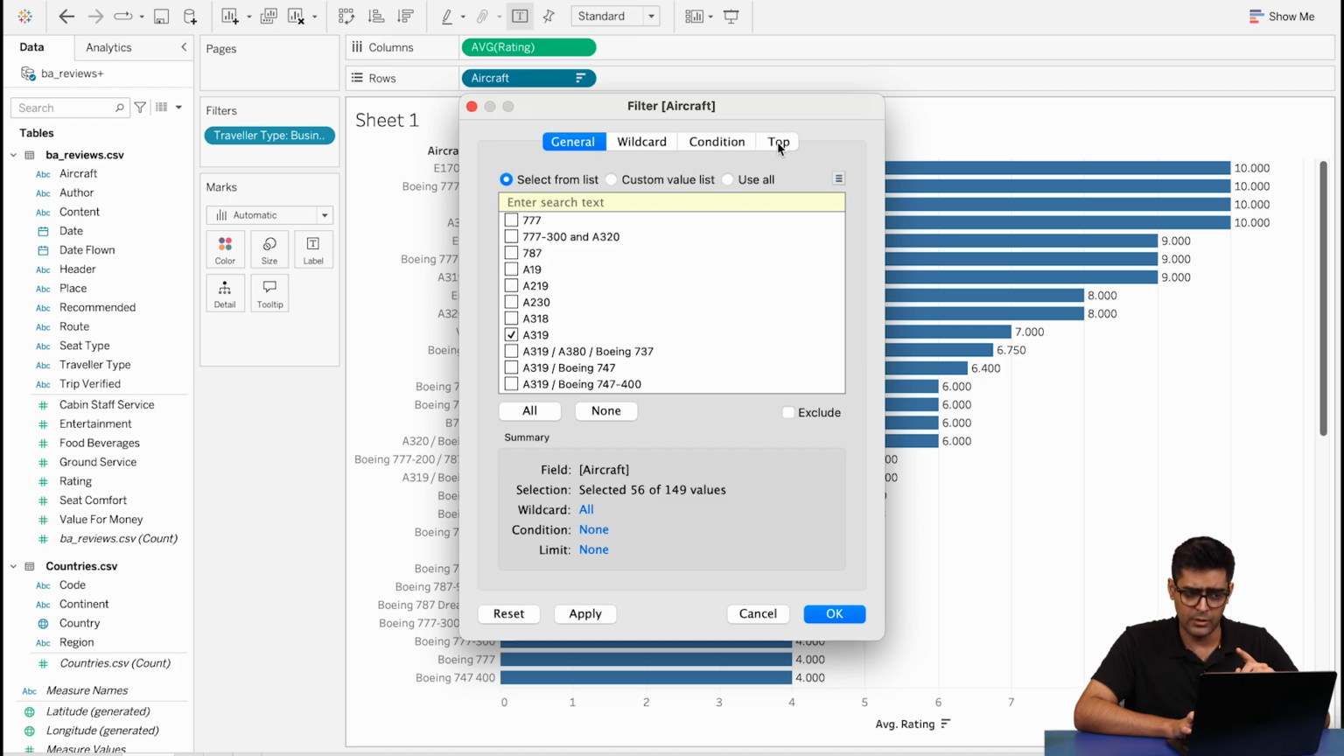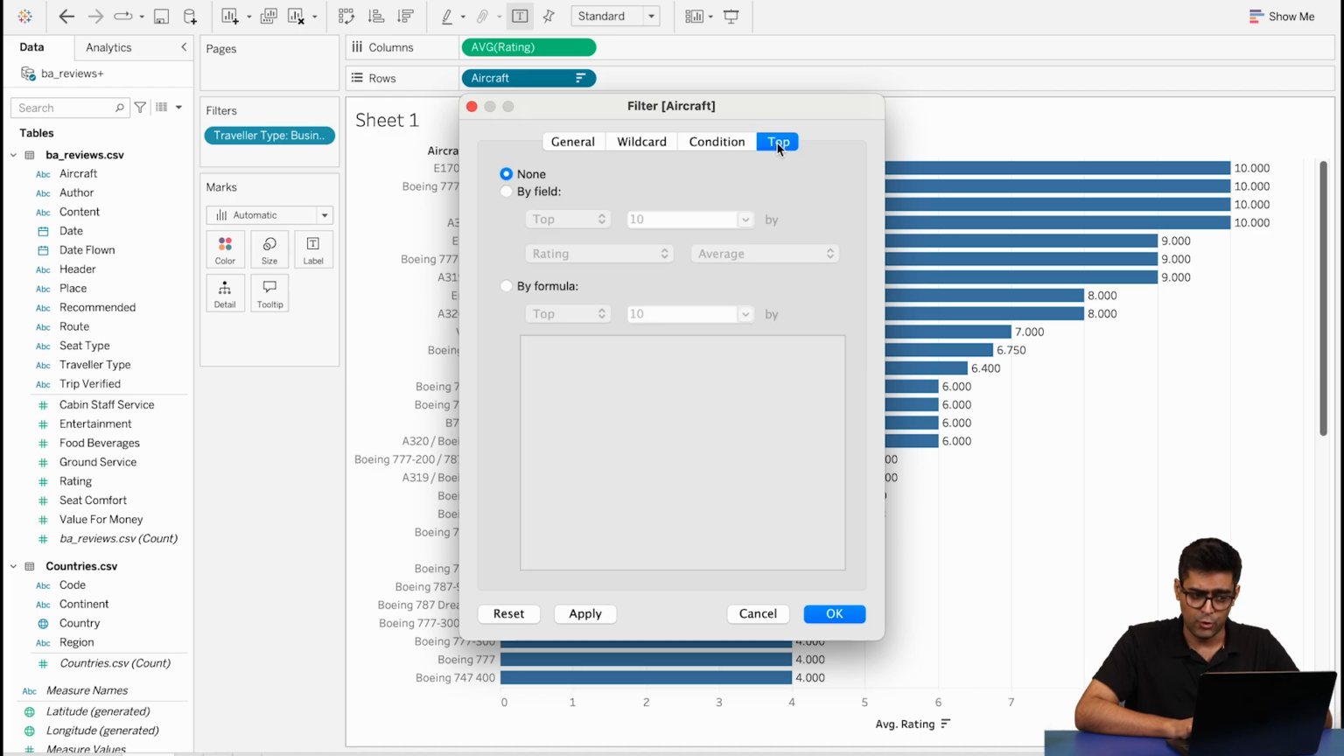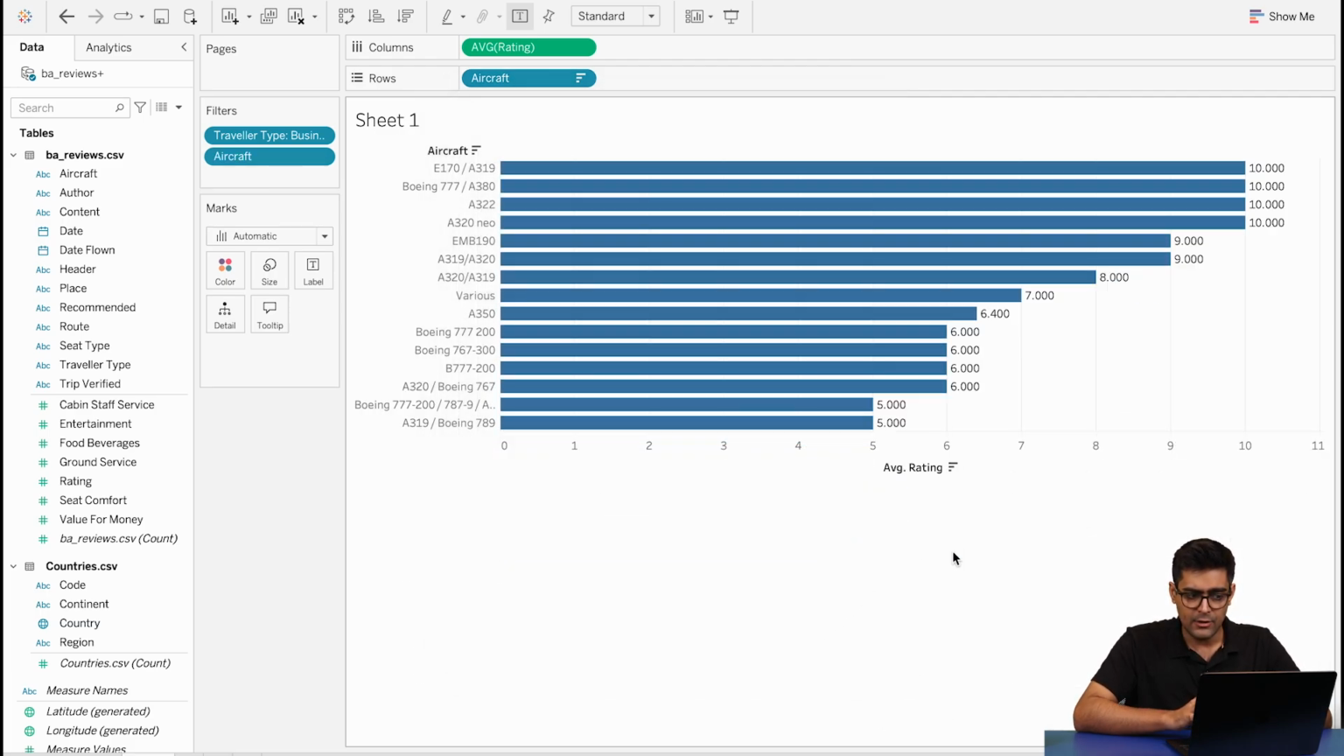So I click on the rows panel on the top on the blue pill. I go to the top, select by field, and I do a top 15. So when I click on the top 15 and I click OK, I get the top 15 rows, right? Now, are these top 15 rows correct? That is what we need to find out right now, because we didn't set a context in this